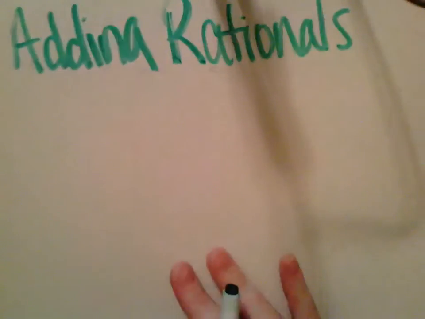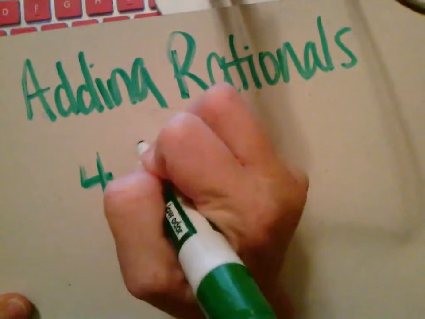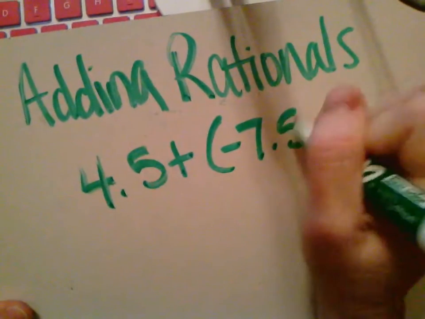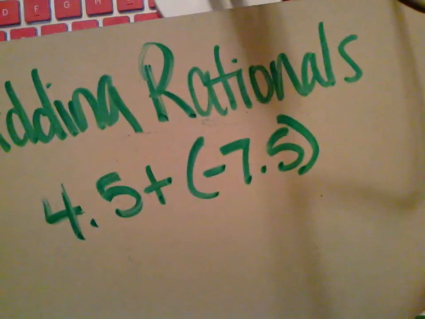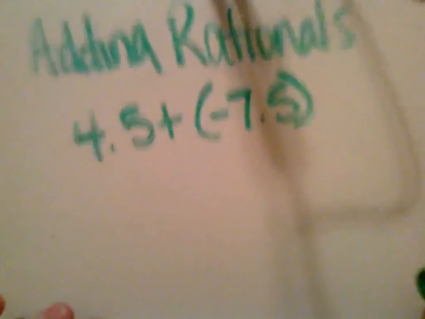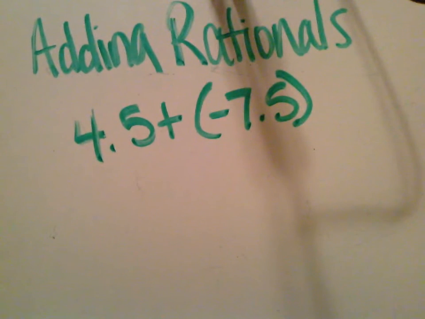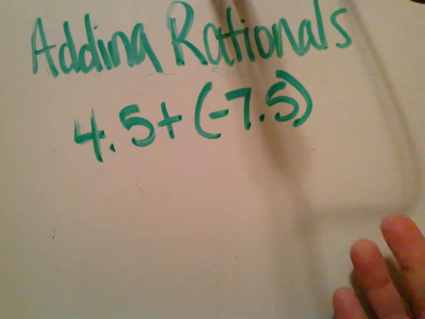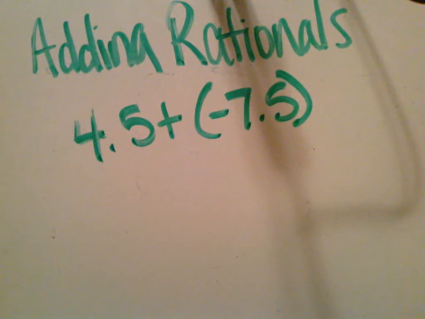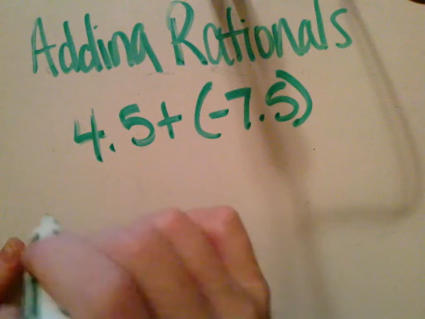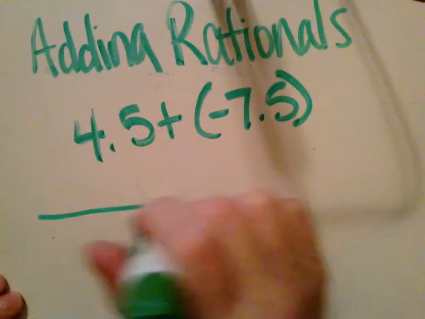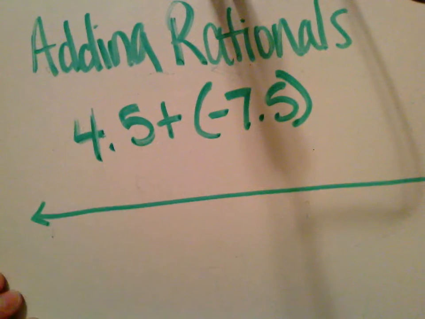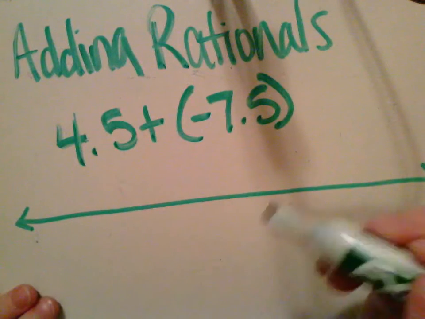So let's look at 4.5 plus a -7.5. Okay. Once again, I'm adding decimals. Okay, so I know decimals are going to line up. Okay, but let's look at this on a number line, and then I'll show you the math for it. Okay, so we have